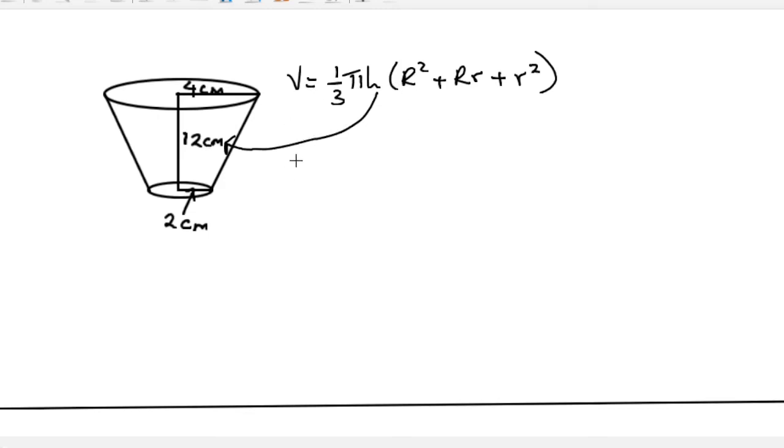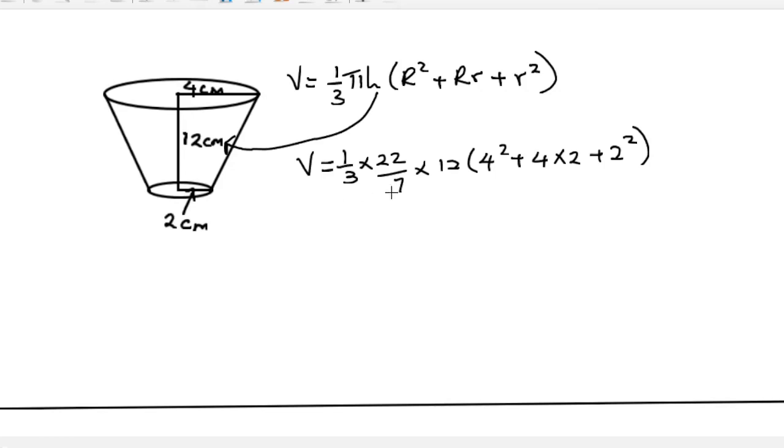So putting in the values in the formula, I'll have a third, again I'm going to use 22/7 as pi, multiplied by 12 into 4 squared plus 4 times 2 plus 2 squared. Again, if you use your calculator well, it will give you 352 centimeters cubed. So this second method is a bit straightforward and it works very well, especially if you have